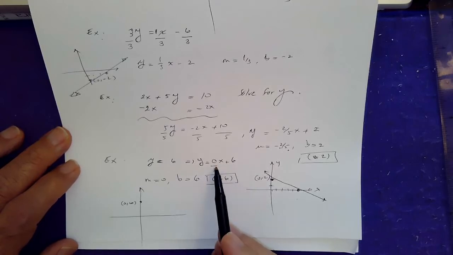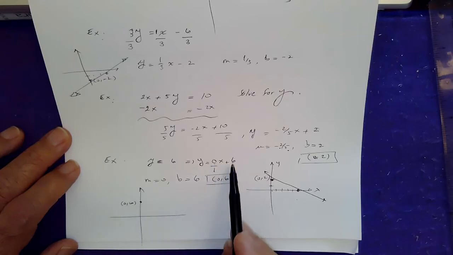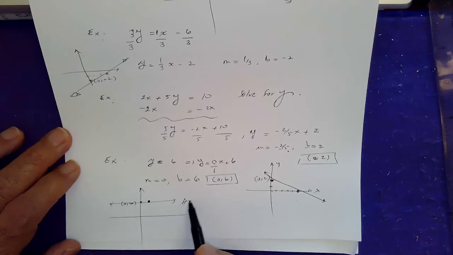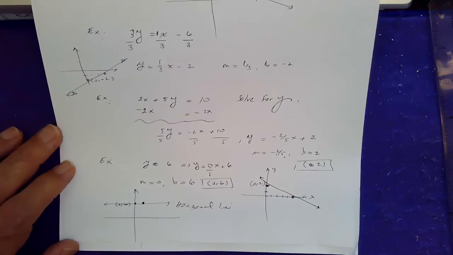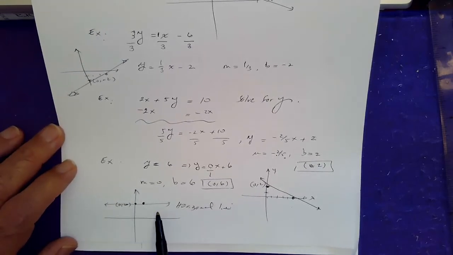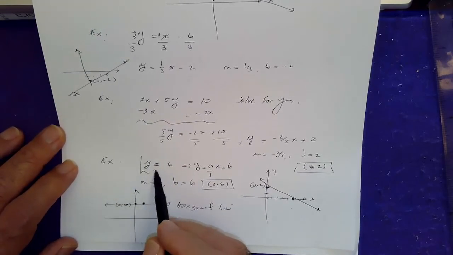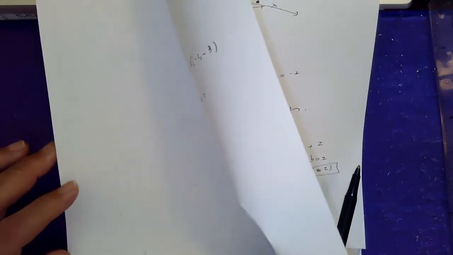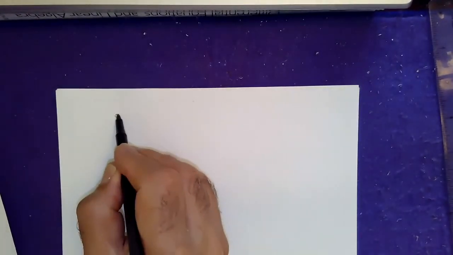Let's see what the slope is. 0 over 1, that means don't go up and down, okay? Just stay where you are, but go 1 unit over, so there. And lo and behold, can you tell the graph is a horizontal line, as we suspected. Do you see it? So the graph is a horizontal line when x is missing. So these are called constant functions, correct? As a matter of fact, let me just show you one more example before we move on to the next